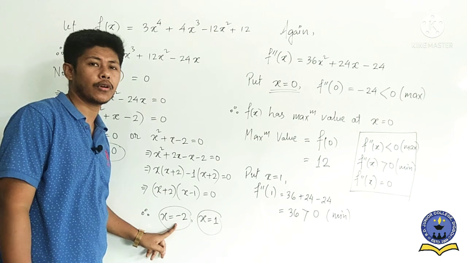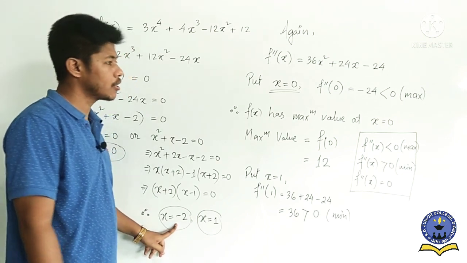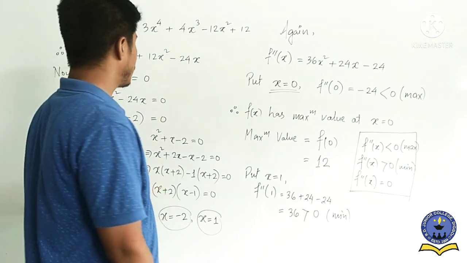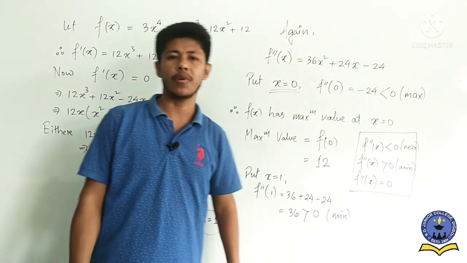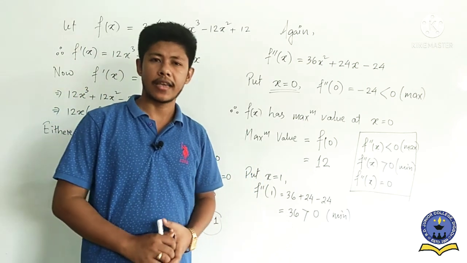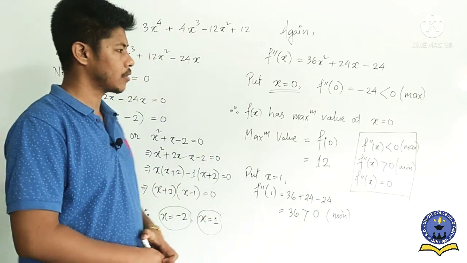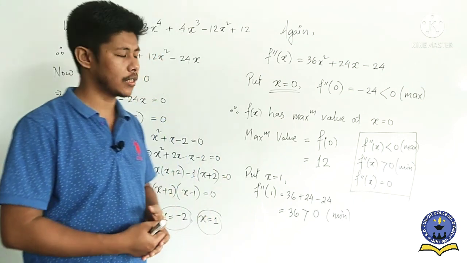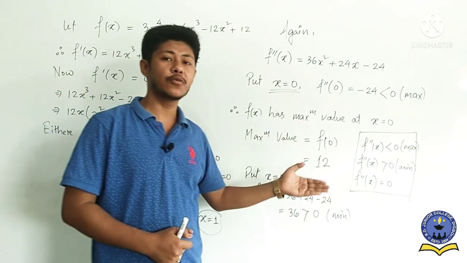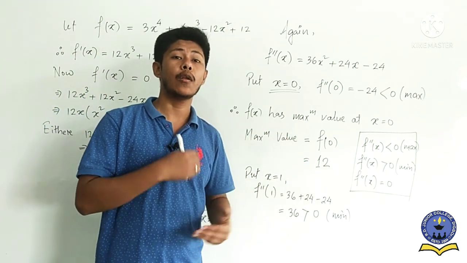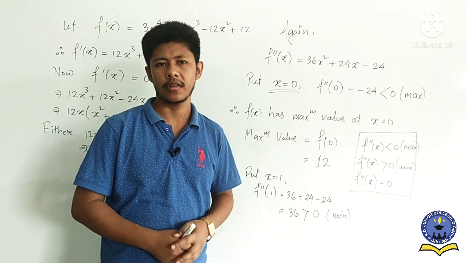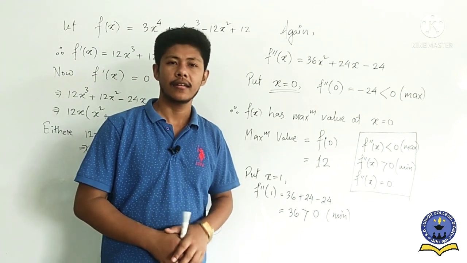The third critical point also we have to solve here. So this one is the process to find out the local maximum values and local minimum values with the help of second derivative method. I hope all of you understood. In our next class, we have to solve some more questions, especially the difference between the local maxima and local maximum values we have to discuss. Is it clear? Okay. Thank you.